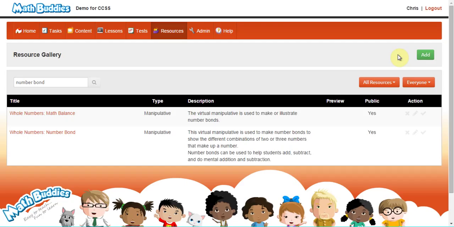If I have a JPEG or a Word document or anything really that I can save onto my computer, I can add it to the MathBuddies resource gallery. Then I can access it in a lesson with my students. I can assign it to my students so they can access it from home. And the way I would do that is, once again, under the Resource tab, I would click on the green Add button on the upper right hand side,